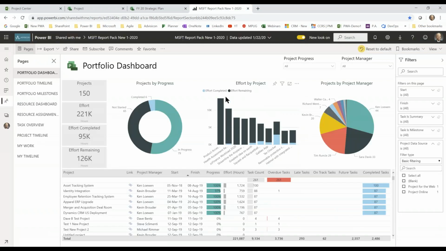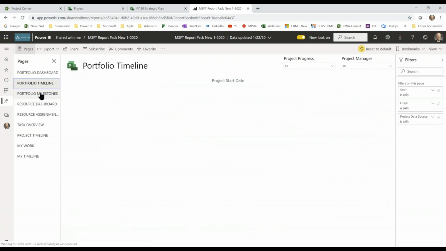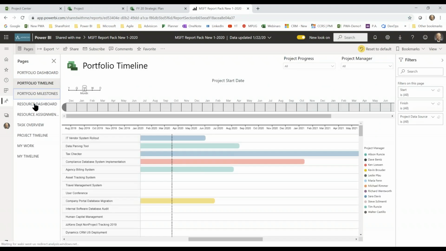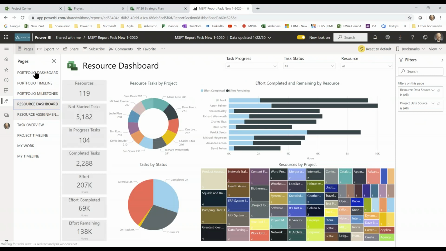And then, of course, we've got the report pack. So this is the updated report pack that was released earlier this year. Notice over here that we now have the ability to change the data source: Project for the web, or Project Online. So again, going through there and having the ability to go through these various Power BI reports and dashboards that are available.